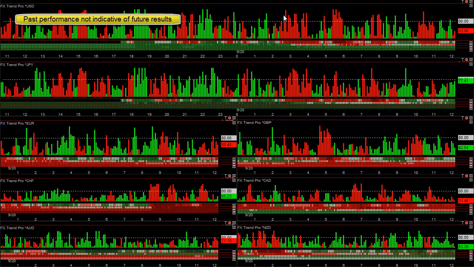On days like this, there's really, other than New Zealand, which had a daily trend that was down until about 6. All the time frames lined up a little bit after 6. Really, that was the only one that was strong on all time frames. The Swiss got weak around 8:30, and all time frames are showing weakness. So really, one of the higher odds trades, when all the time frames line up after around 8:30 right here, would be to simply buy the strong New Zealand versus the weak